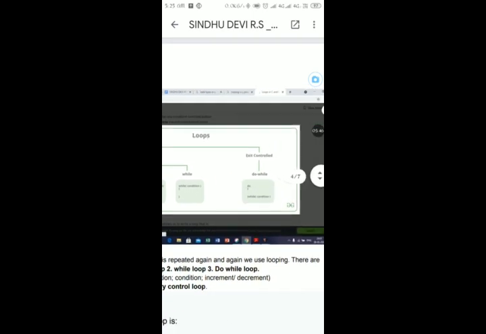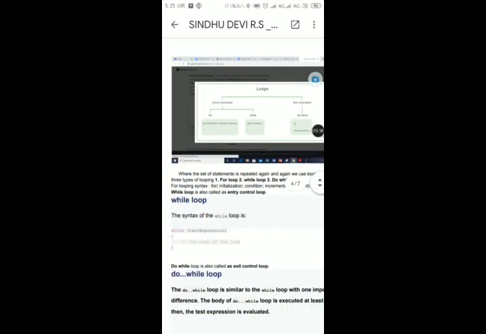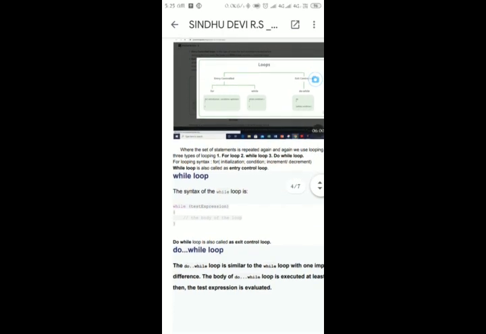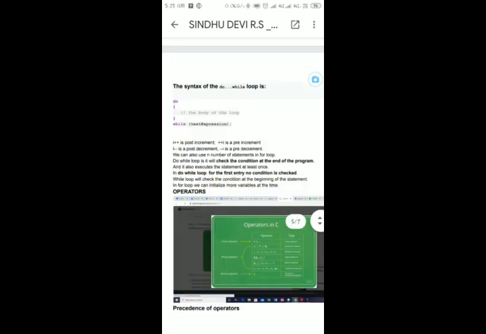Do while loop checks the condition at the end of the program. While loop is called an entry control loop because it checks the condition at the beginning of the program, and do while loop is called an exit control loop.